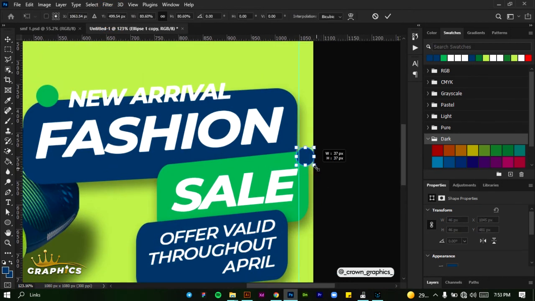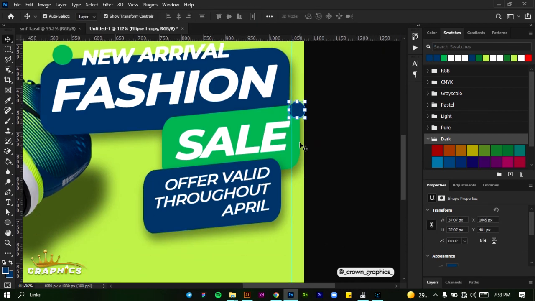I want to reduce mine a bit, click my tick mark, zoom out a bit, come down and make a copy and drop one at the bottom here. And then next I'll make a copy of this one and drop it by this side here. Once I drop this one here, I'm going to come to my properties panel here, and I'm going to remove